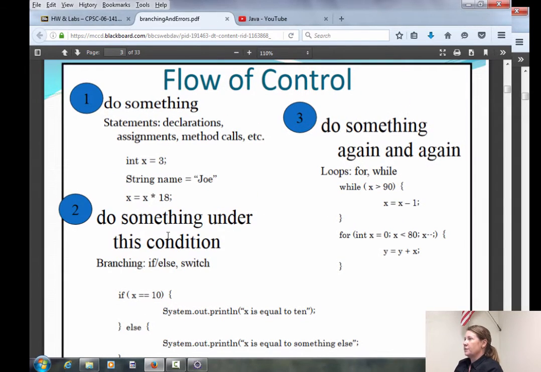Okay, so with these three flow of control things, a statement, a branch, and a loop, all of your programs in the world are written. So all of the logic for Microsoft Office, all of the logic for all of your games like Halo or Destiny or any of those games out there in the world, they're all created with statements, branches, and loops.